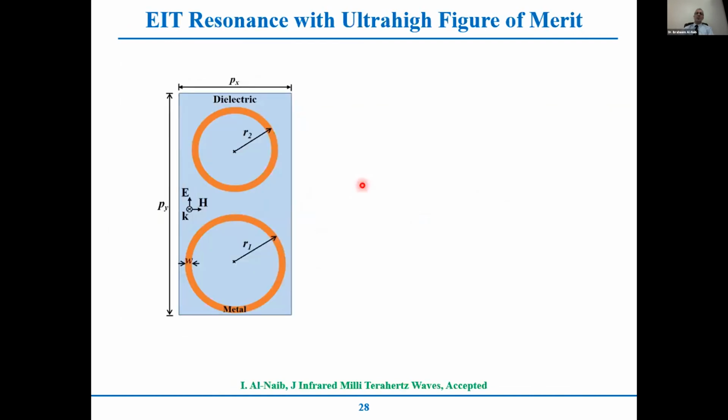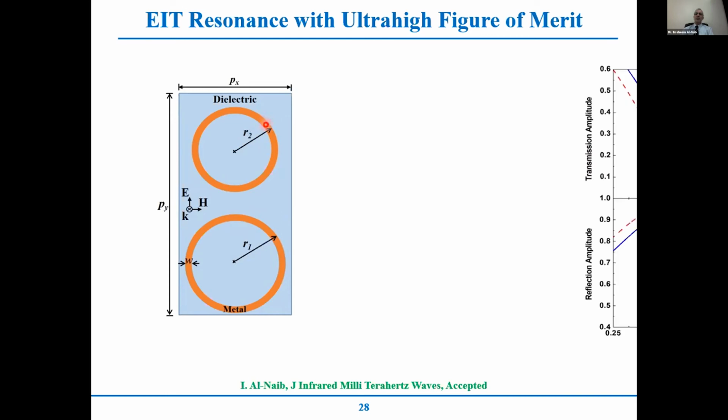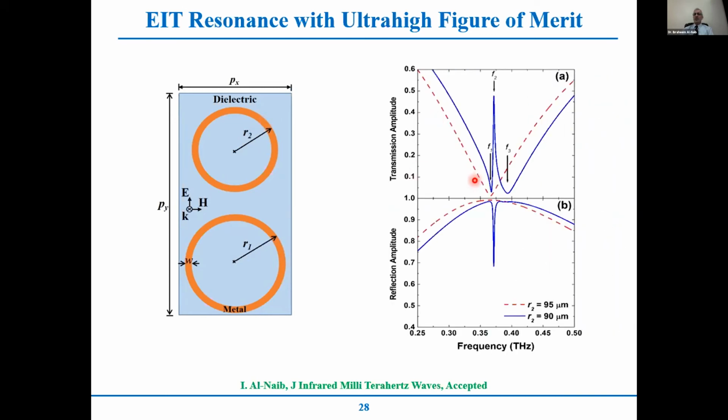So when it comes to electromagnetic induced transparency, normally they use 2 rings, one inside the other. In recent work, what I tried to do is take the inner one just outside, because in this case you can have full control over the radius, whereas if it is inside, you are limited by the width and the gap between them. Here you are free, you can make them the same, and you get the dashed response here. But once you have the second ring just 5 micrometers smaller, you get a very sharp response, as in here, when it comes to